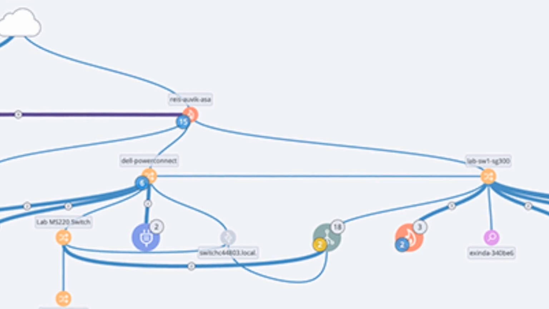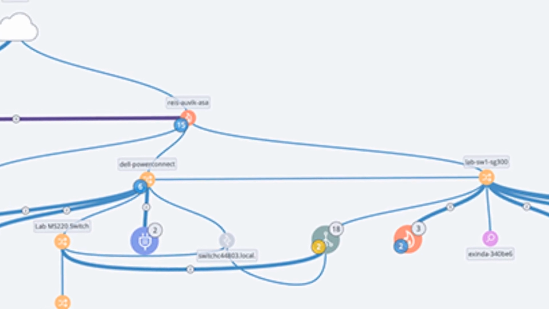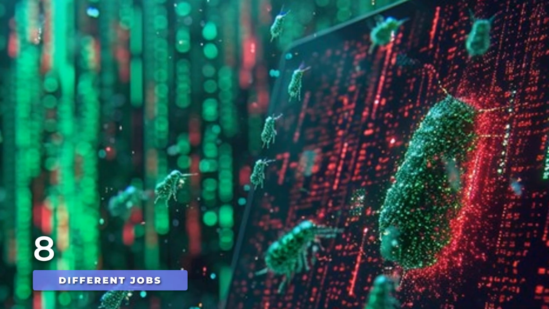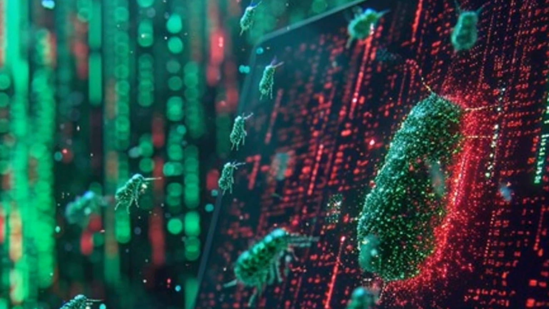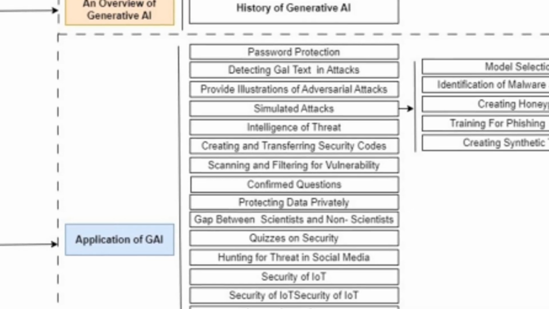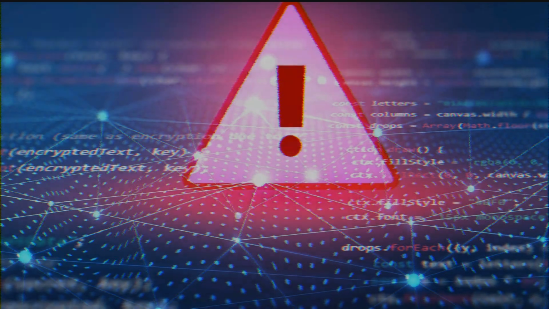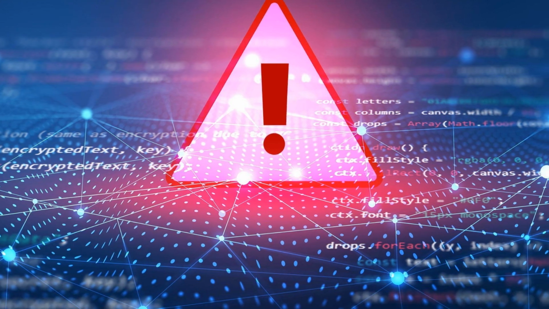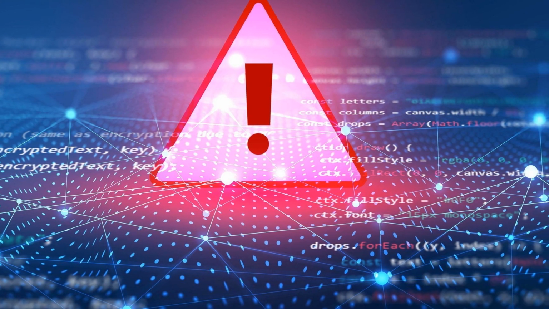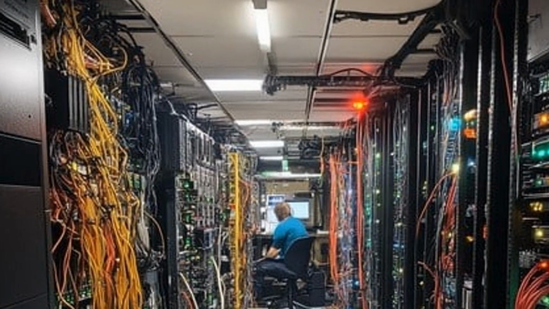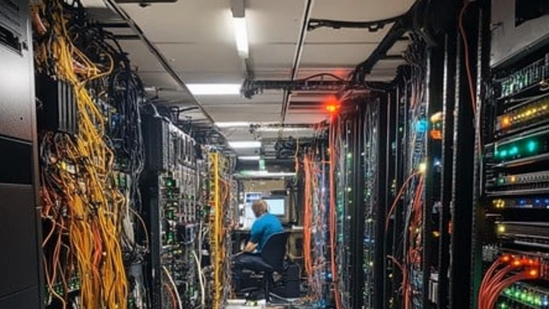Malware isn't one thing. It's not just a virus, and it's not just hacker code in the abstract. It's actually 8 completely different jobs, and every single one of them exists because the last one eventually stopped working. This is every category of malware, sorted by the problem it was actually built to solve, not by name. Level 1 starts with the oldest problem there is. How do you get your code running on a machine you don't control, with nobody helping you?